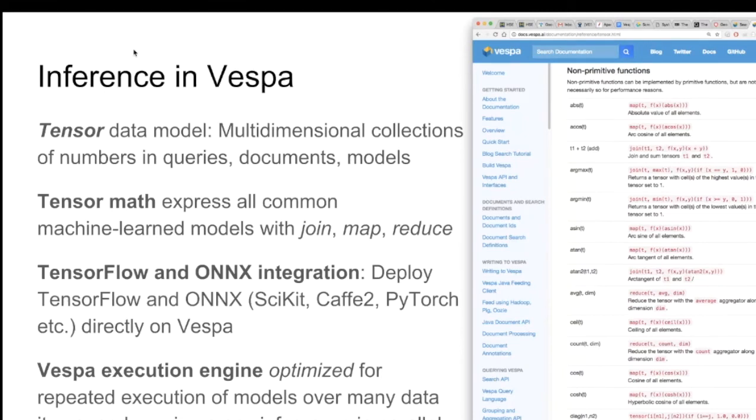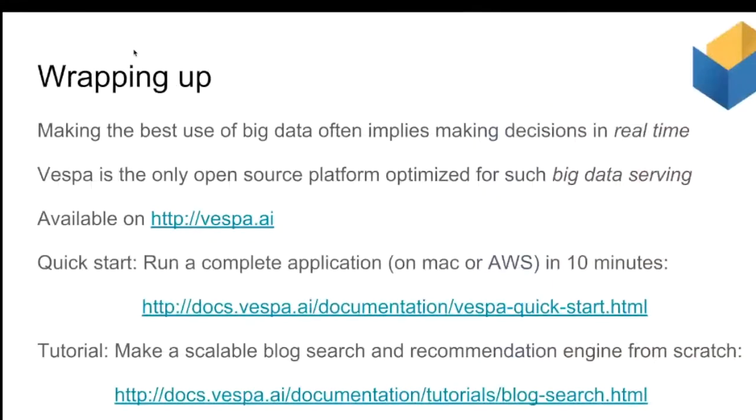But the big difference is that we evaluate the models where the data is stored, in parallel over multiple partitions, which means we can scale much better than that kind of solution because we don't run out of bandwidth to send the data somewhere to be evaluated.